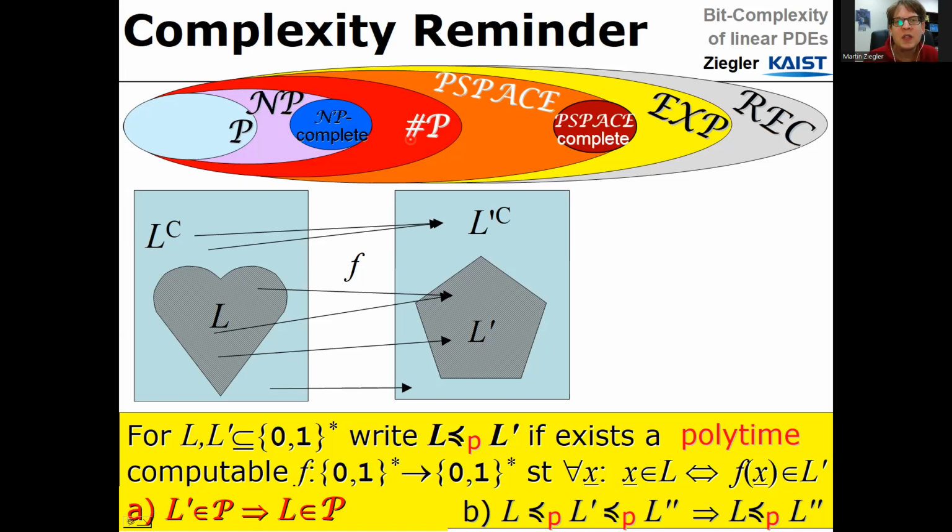For example, counting how many complete subgraphs of k vertices are contained in a given graph, or how many satisfying assignments a Boolean expression has. So this is counting, not yes or no, but the answer is an